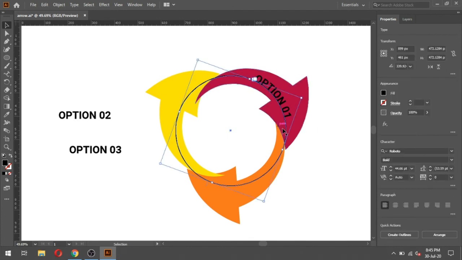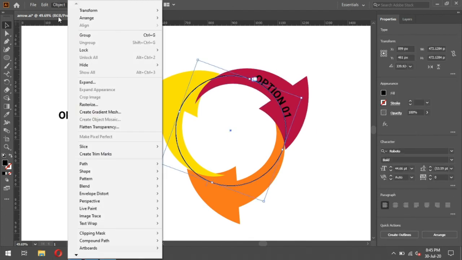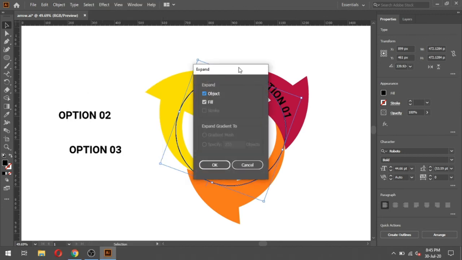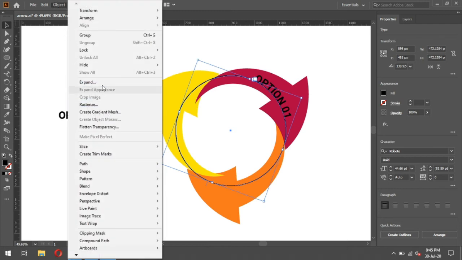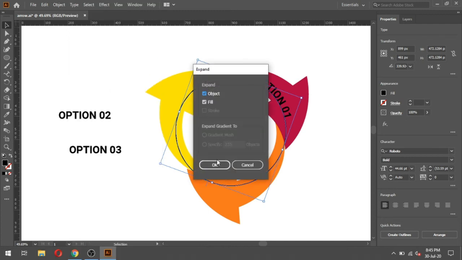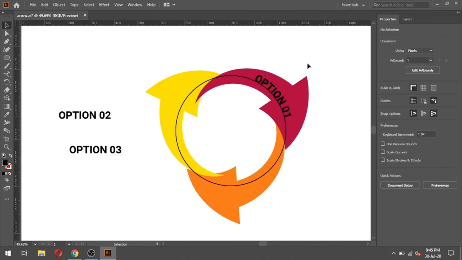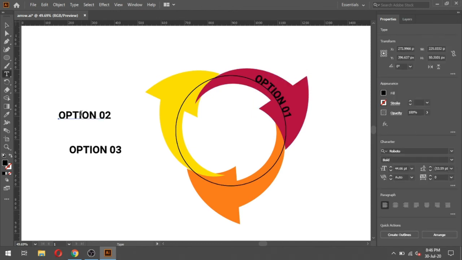Select this text and expand it. Expand it. Now select this text, cut it and paste here.